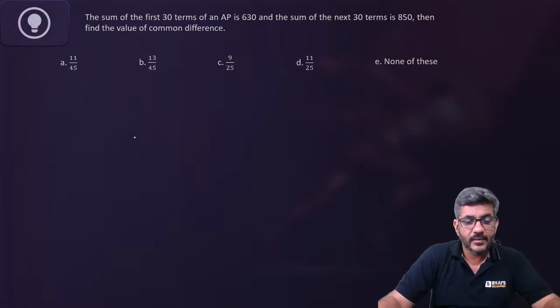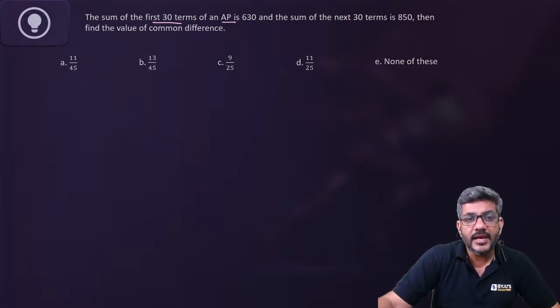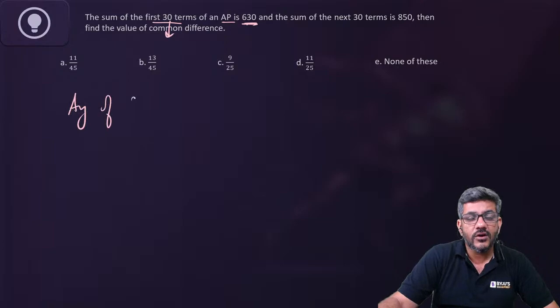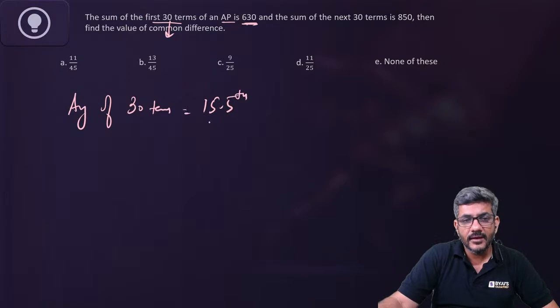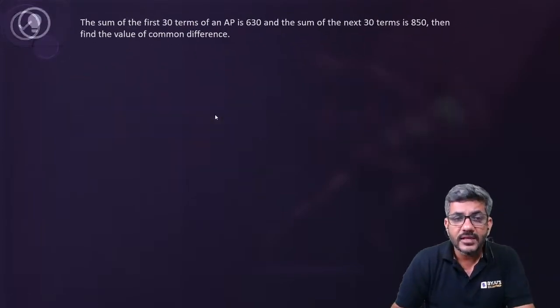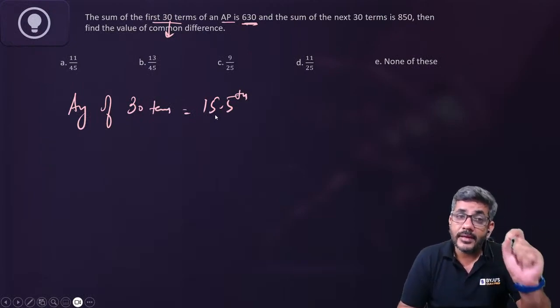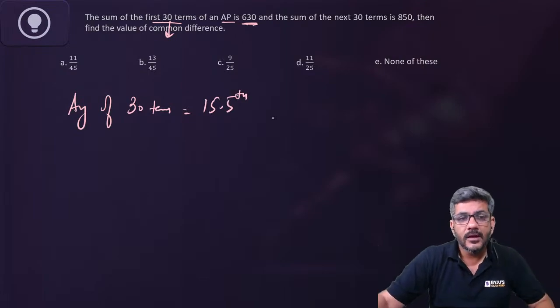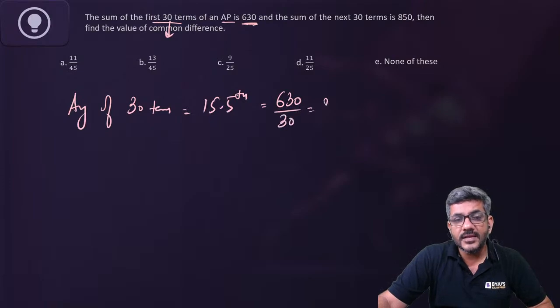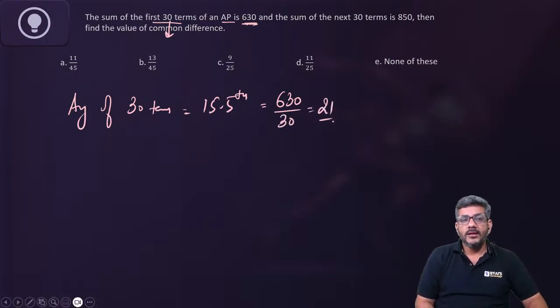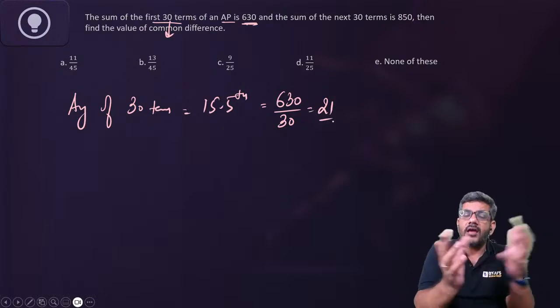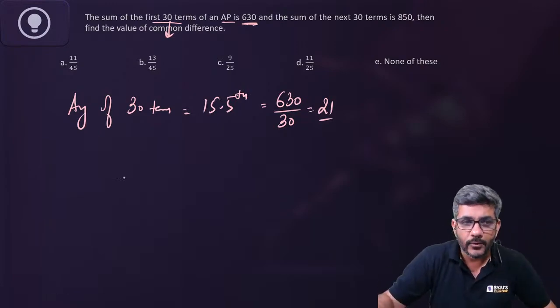करना शुरू करते हैं. The sum of first 30 terms of an AP is 630. If the 30 terms have a sum of 630, can I say average of 30 terms will be the 15.5th term? है ना? मैंने बताया आपको even number of terms होती हैं, then the average is the middle term. So the 15.5th term, that is in the middle, would be the average of these 30 terms. तो 30 terms का average 630 है, तो इसका मतलब 15.5th term क्या आ जाएगी? 630 by 30, that is 21. Okay, the 15.5th term, or you can say the average of 15th and 16th term is 21.